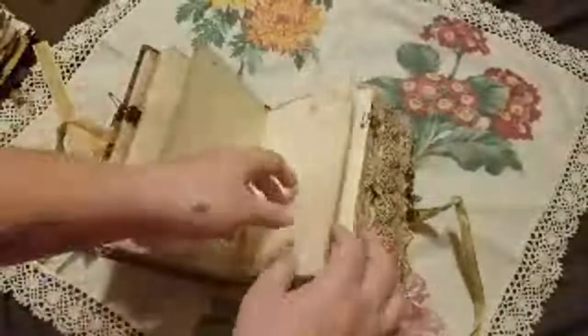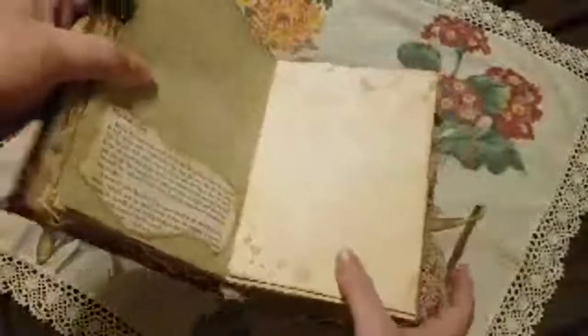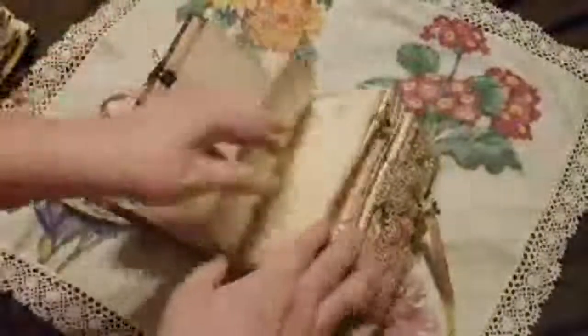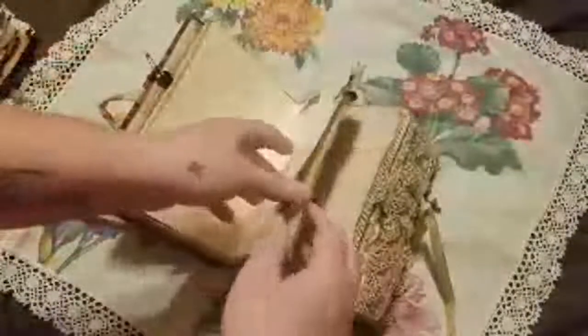And then here's the book page. And I love the coloring on that. It's really pretty. And she put these like maroon splashes throughout that. I just love them. More little maroon stamping, little collage, little charm,